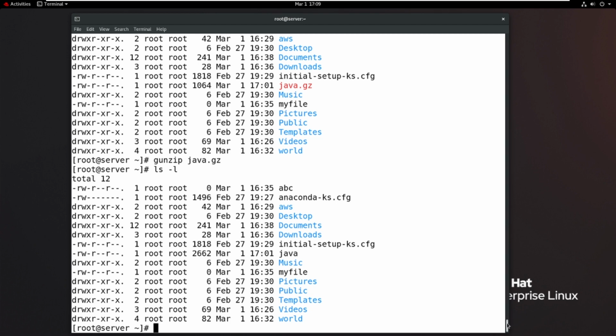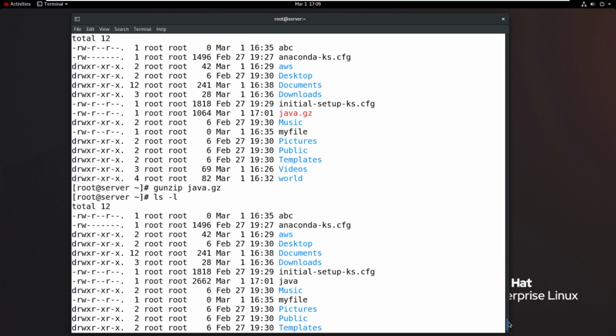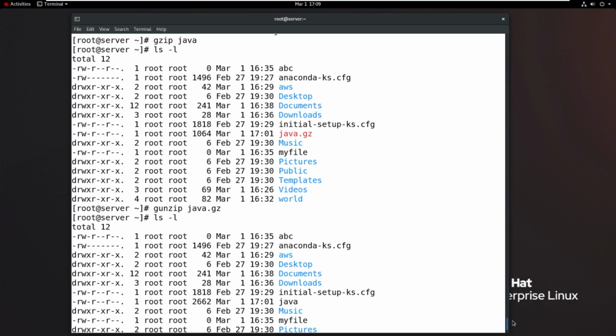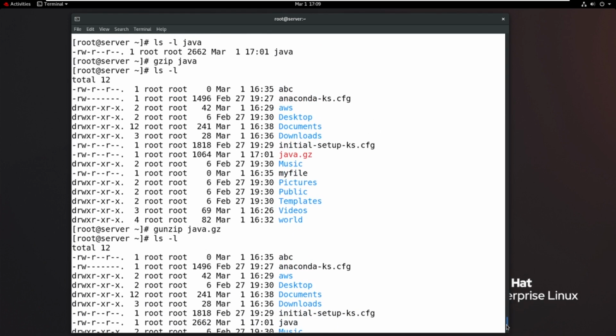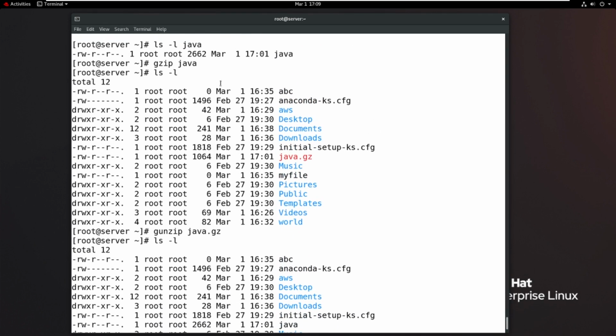So this is called compressing a file with the help of gzip. If you want to compress any file, use gzip as the command. If you want to uncompress the file, gunzip is the command. So this is the first tool.